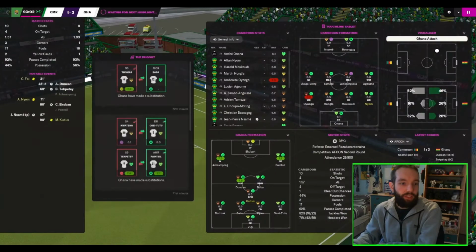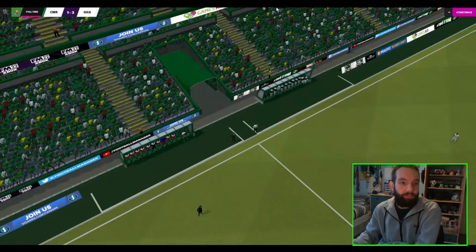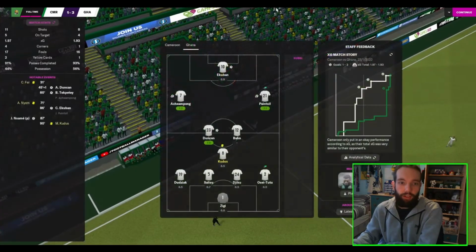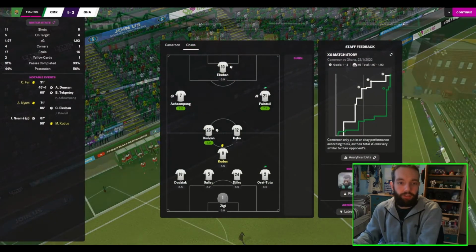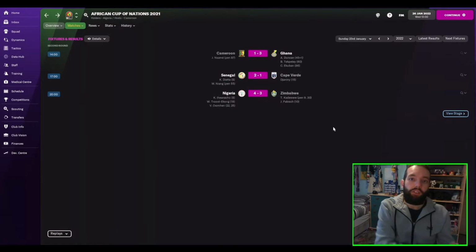As we head into injury time, and that is going to be game, set and match. Cameroon bow out of their own tournament, Ghana into the quarterfinals and look to be the heavy favourites. And so the second round of the African Cup of Nations has been completed, and here are the final results